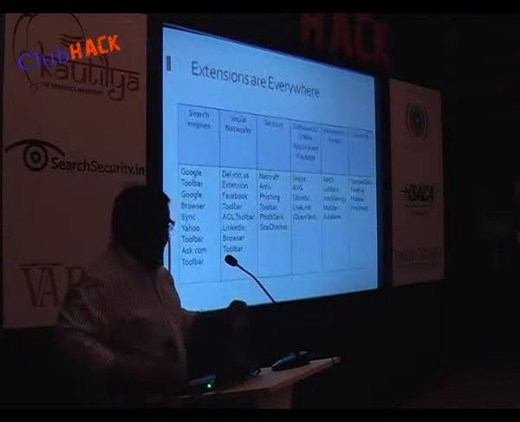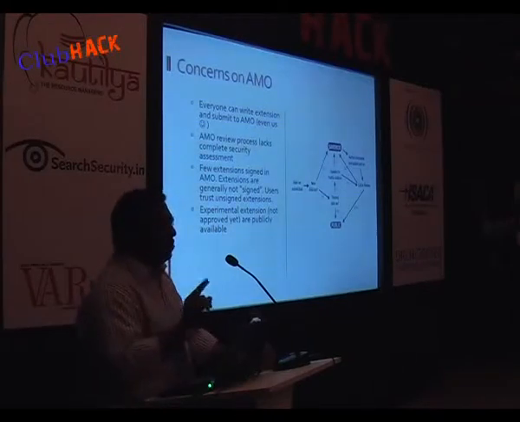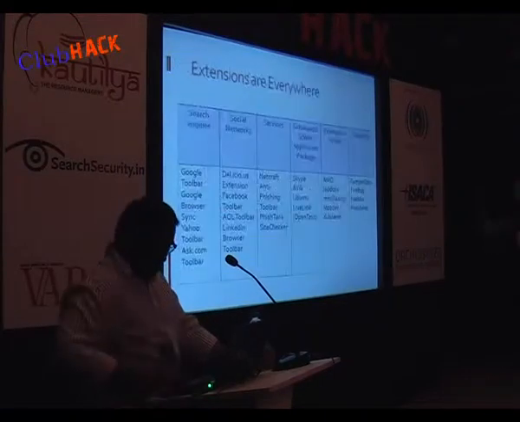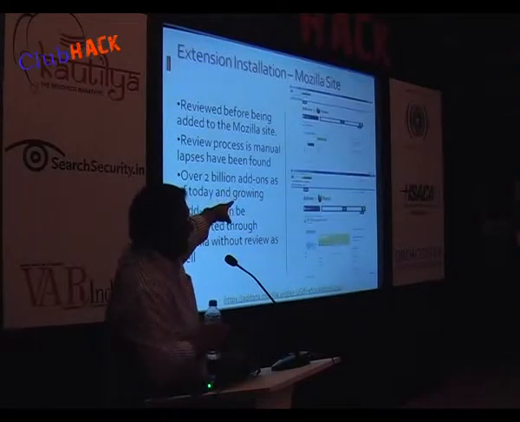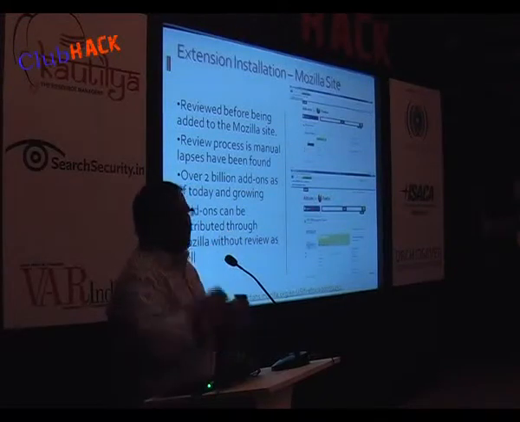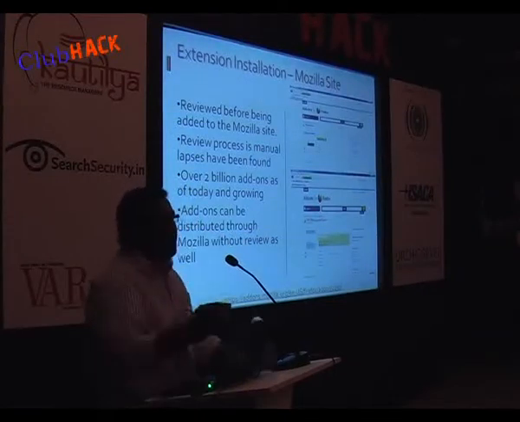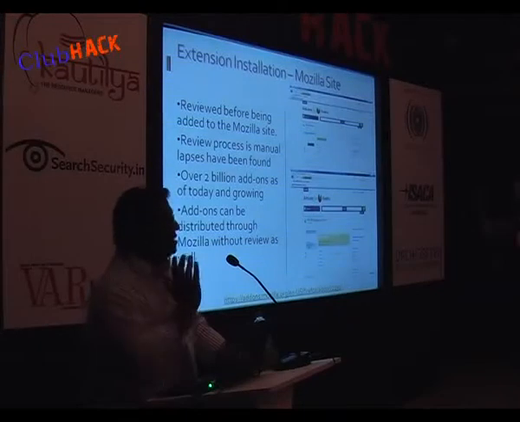And one more thing that is important is, on the Mozilla site, there are some extensions that you could download today which do not go through the code review process. The only difference is, I'll just go to the old slide, I think I didn't show it to you. You see the first one is green with recommended. The one below it is in yellow color. I don't know if you can see it clearly. If you look for an extension called XPCOM Viewer, you will get this page. What this basically means is, an extension has been submitted, but it has not gone through the QA process. Mozilla is not responsible for the safety of it. If you download it, it's your responsibility.